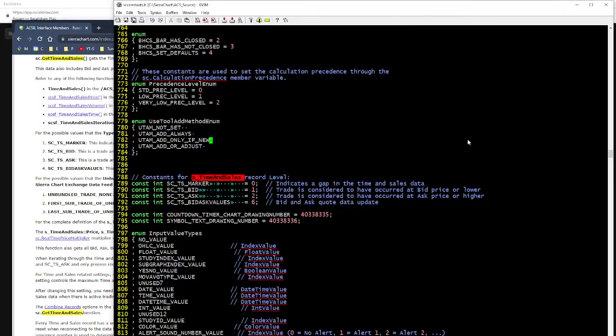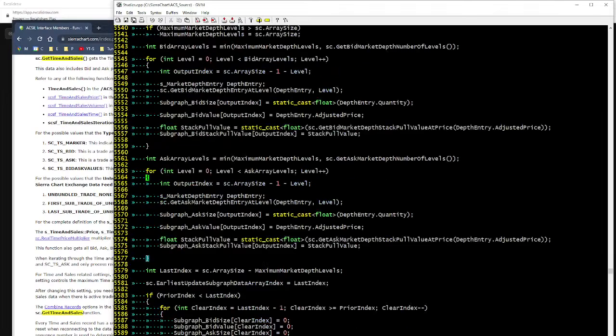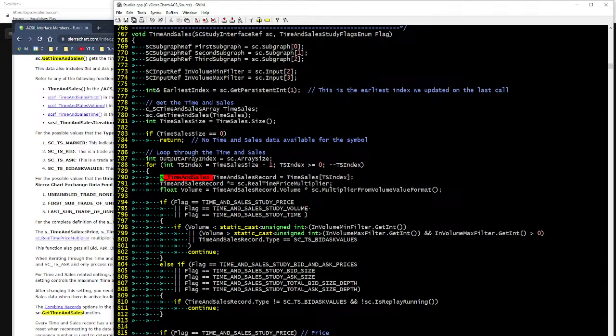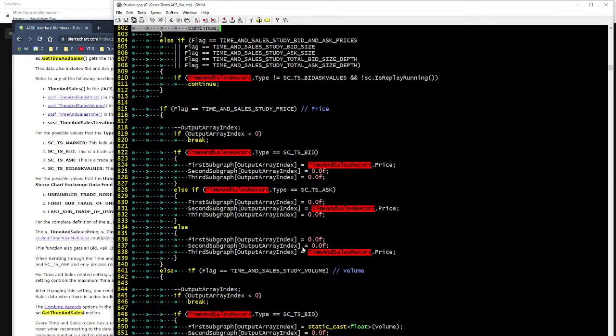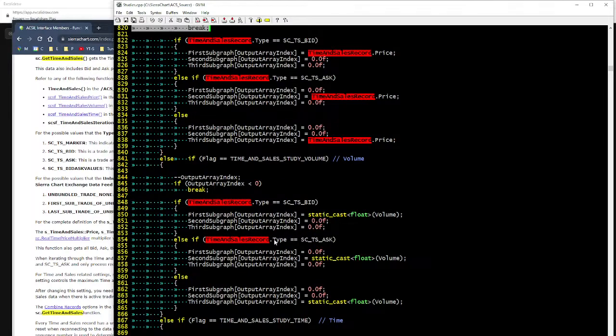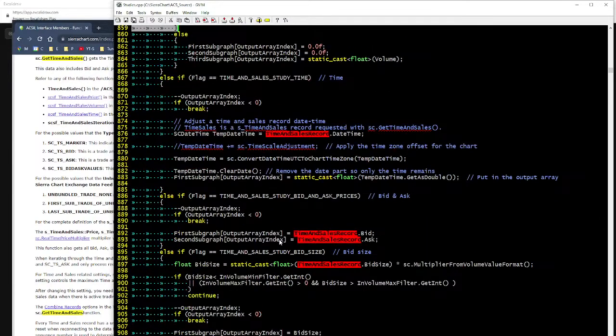Let's take a look at this studies.cpp, and let's look for our time and sales record. So there's the time and sales record. Let's see where they use that there. So dot volume is one element of it. Dot type is another. And I wish I could find the actual. Okay, dot bid and dot ask is probably the